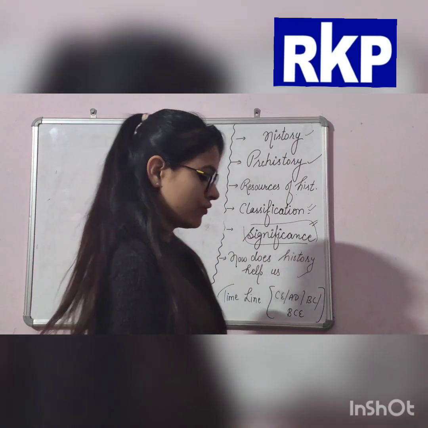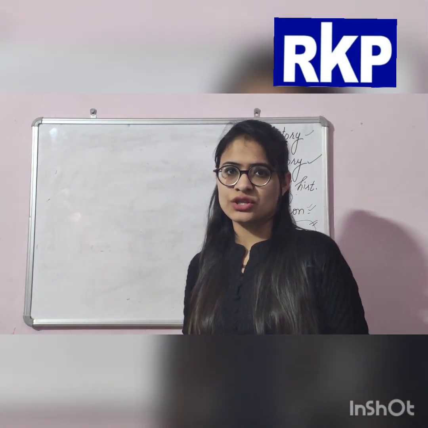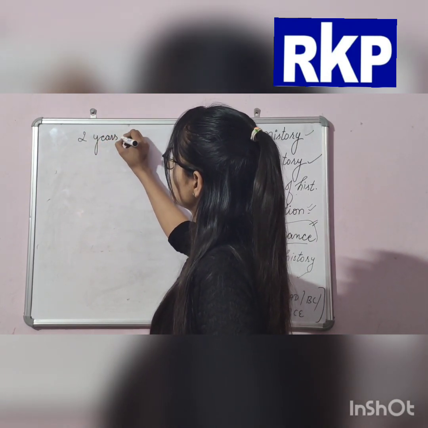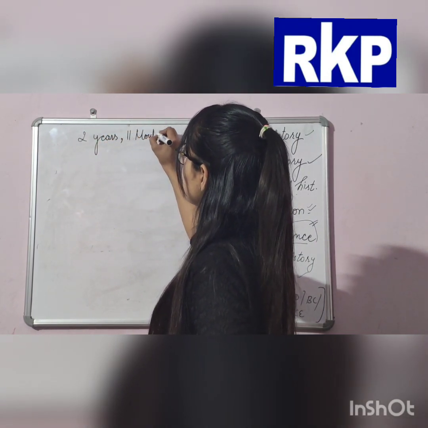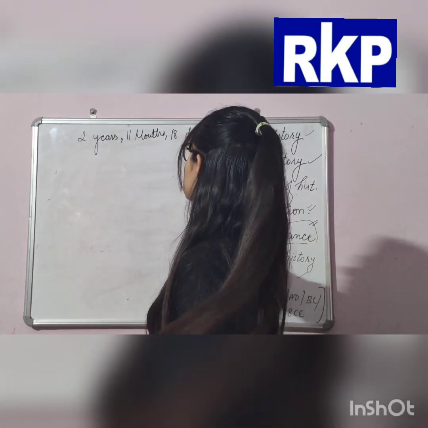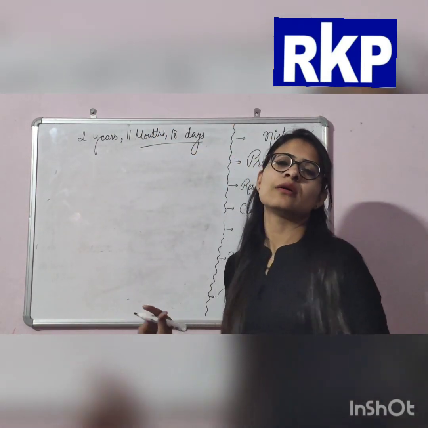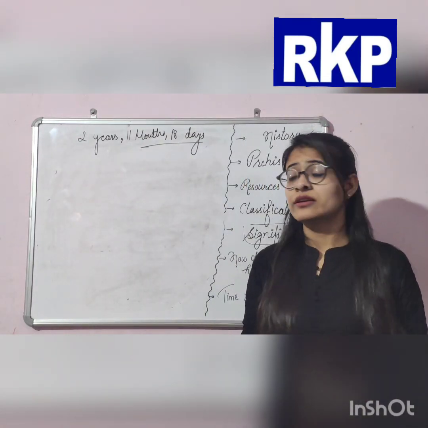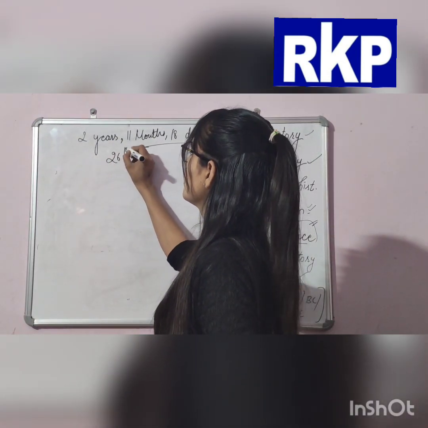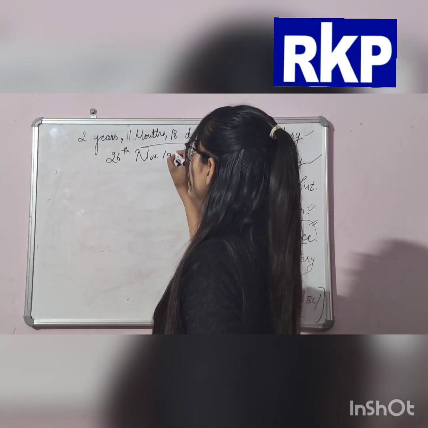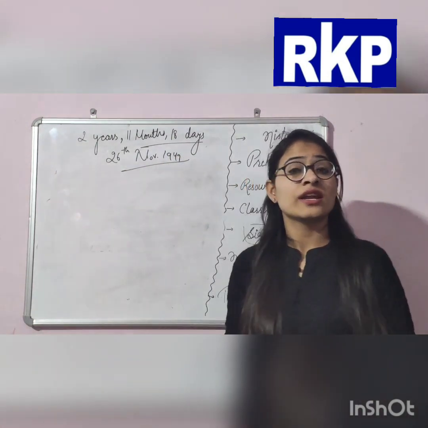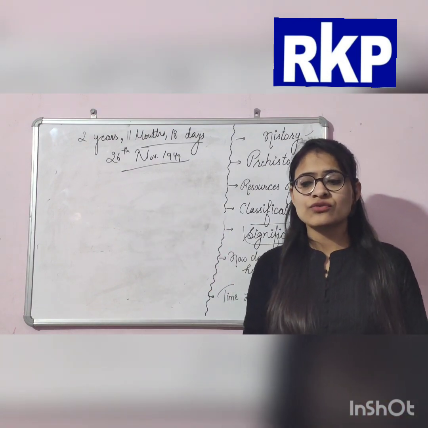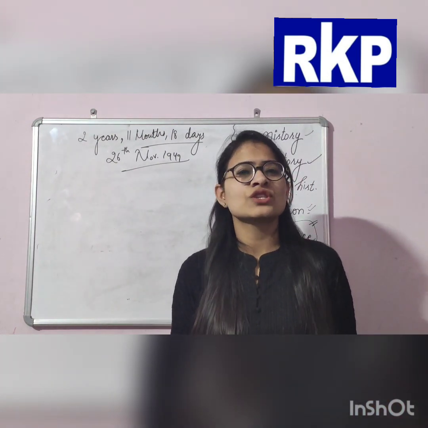So now we are discussing our constitution. Our constitution took 2 years, 11 months and 18 days to get completed. It was adopted on 26th November 1949. So before learning about this, first of all, we should be aware who was the chairman